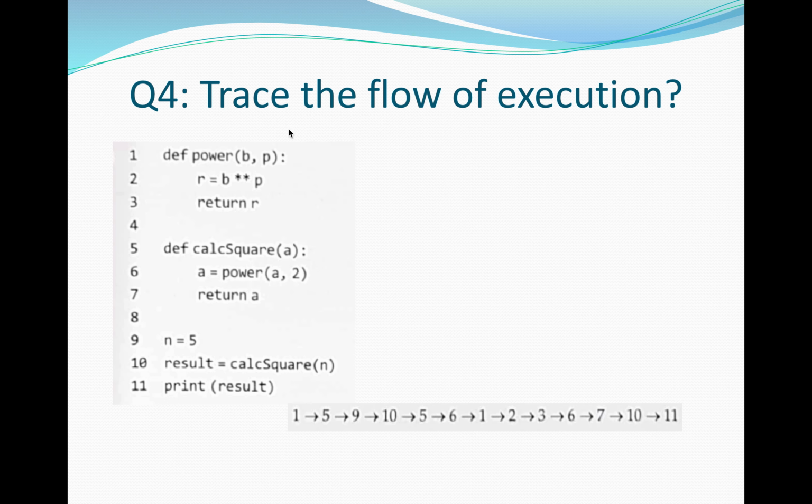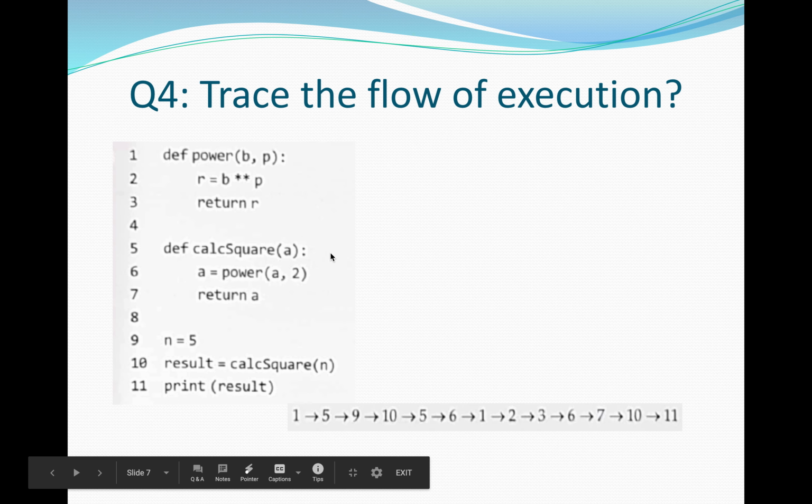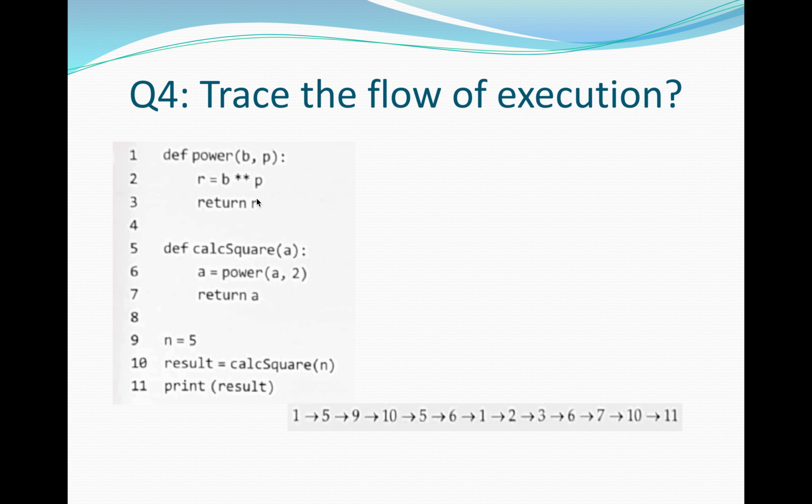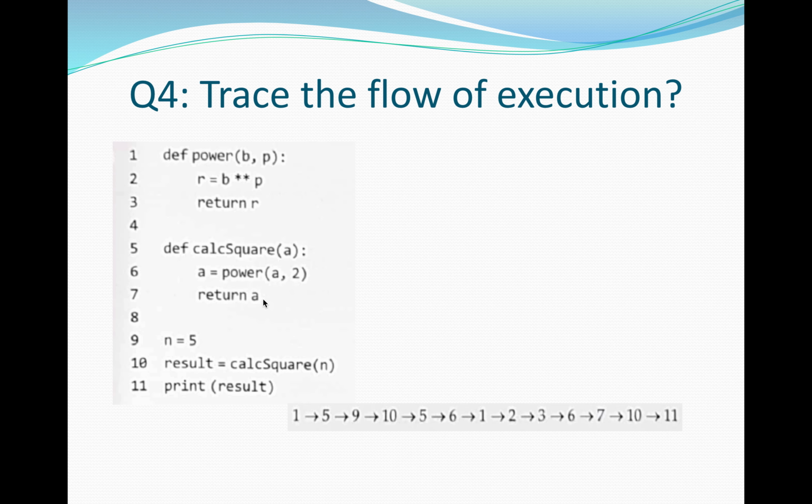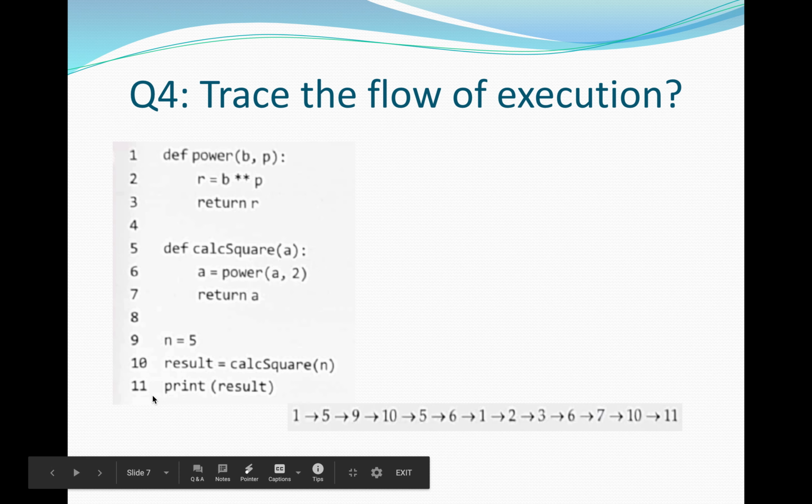So it again goes to the function definition. After executing 5, it executes 6. Again it is a function call. From 6 it goes to the function definition power, again executing 1, 2 and 3. Okay. After completing, the value is returned to the function call because the return statement is there. So it executes the sixth statement. Then it returns that value to where the function was called, which is the result, because calc square called this function. So it executes the 10th statement, then prints the result, then executes the 11th statement.